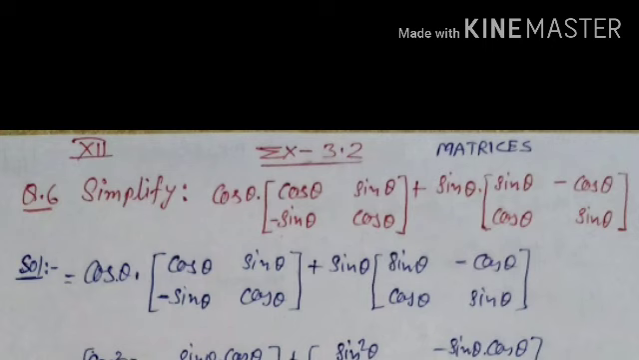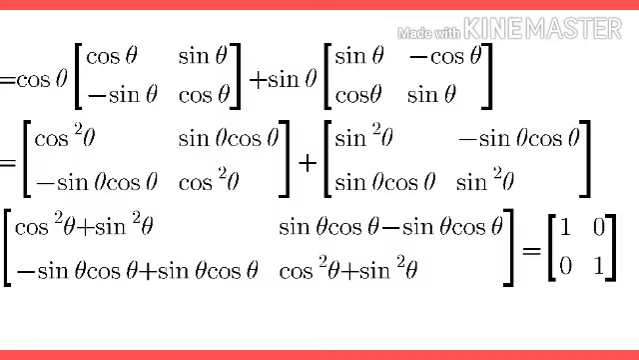First matrix is multiplied by this cos theta. So every element of this matrix will be multiplied by cos theta. So cos theta into cos theta is cos square theta. Cos theta into sin theta is sin theta cos theta, and cos theta into minus sin theta is minus sin theta cos theta, and cos theta into cos theta is cos square theta, plus